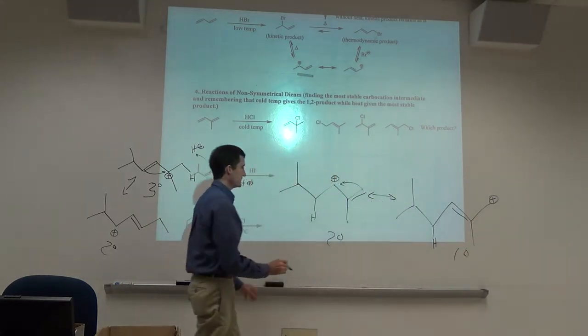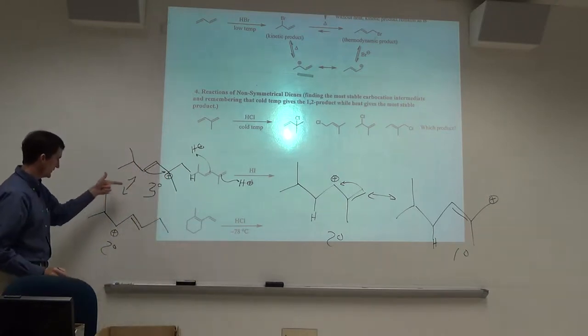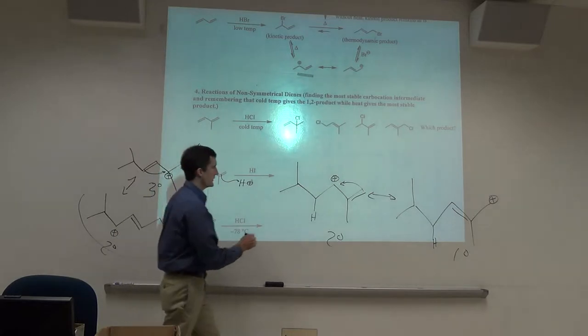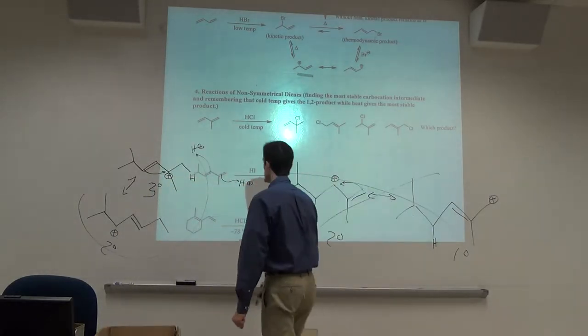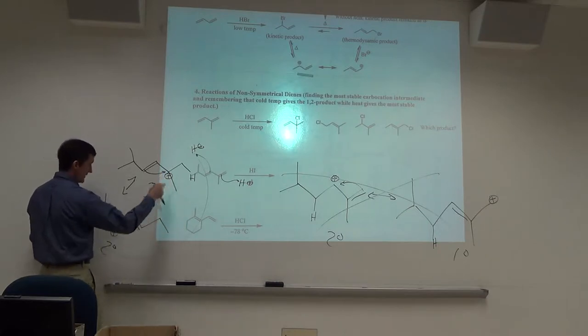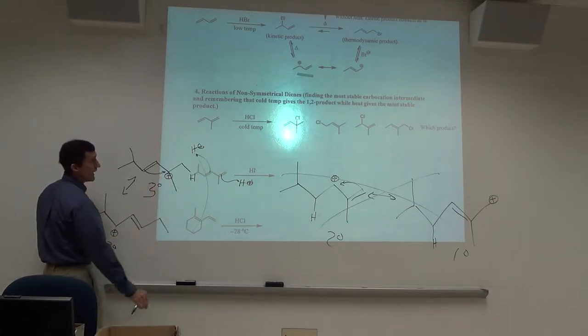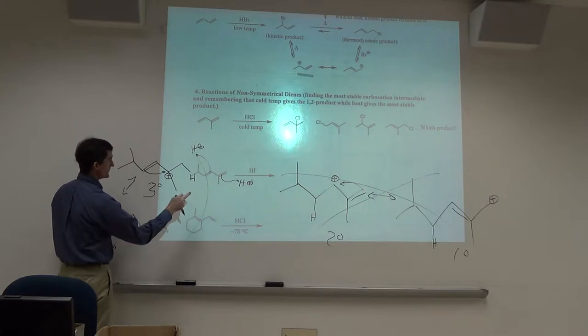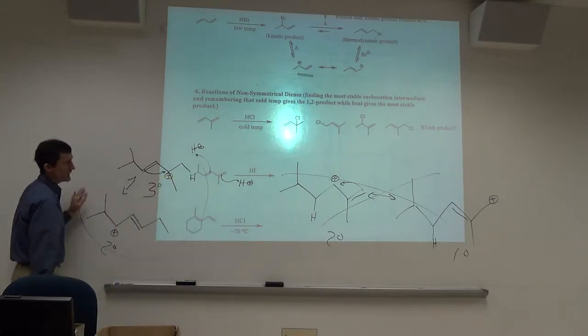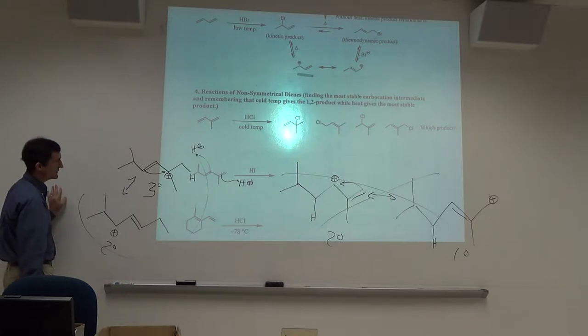Which cation is better, secondary primary cation or tertiary secondary? This is the double bond you're going to react. From now on, forget about this. I could either add there or there. If it was cold temperature, it would add here, 1,2. With heat, we get the most stable product. Most stable product would be